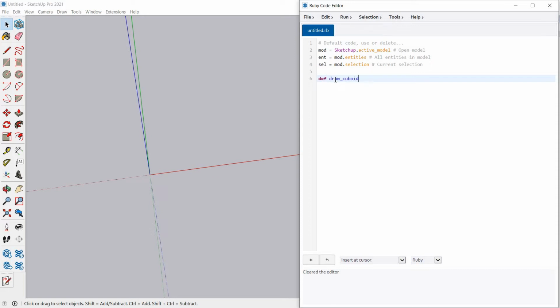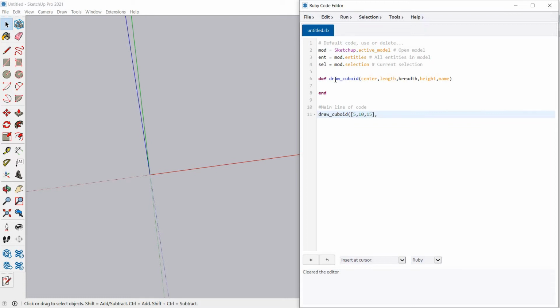To draw a cuboid, we need some parameters like the center of the base and then length, breadth, height, and we can also assign its name, and that will end the function. And in the main line of code, we will put this function as draw cuboid. Let's consider the center to be 5, 10, 15,